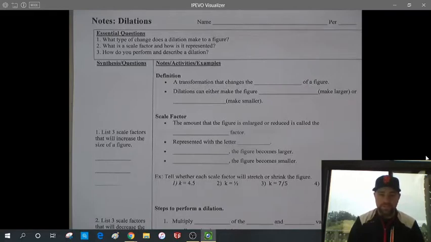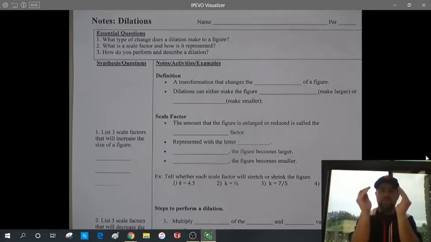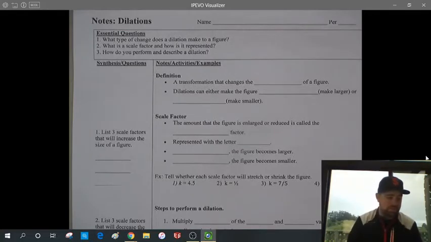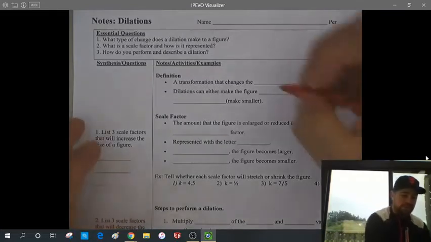But for dilations, the word is the same word that's used when you go to the optometrist and they put the drops in your eyes to make your pupil larger, to be able to get a better visualization of what's happening on the inside of your eye or back to your retina. So when they dilate your eyes, your pupil increases in size. And so here for the definition of dilation, it's a transformation that changes the size